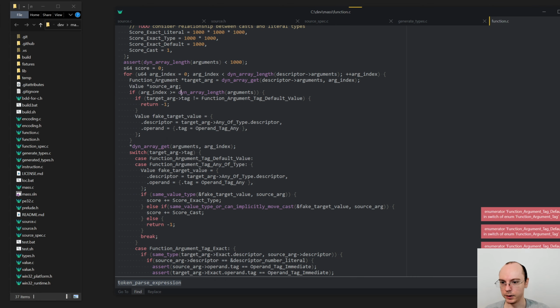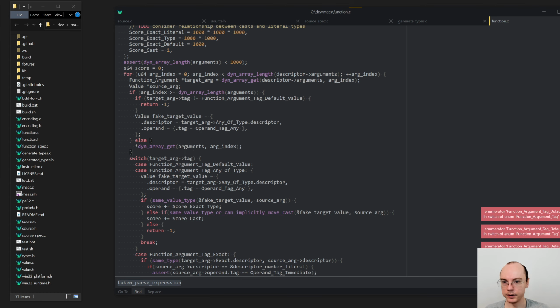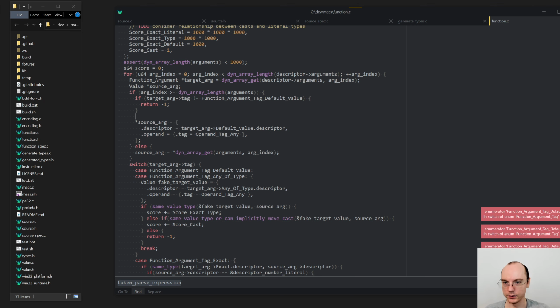Okay, let's do it that way. Fine. It will be slightly inefficient, but that's okay. I can live with that. Target arg, default value descriptor, tag any, yes, fine. So star source arg, not rage, arg. And here we say source arg is locator, allocate of